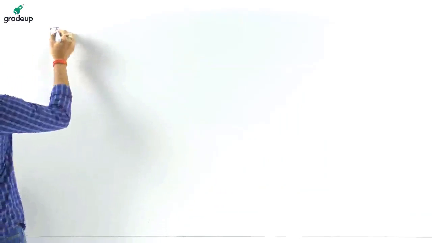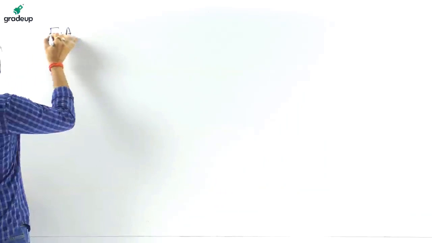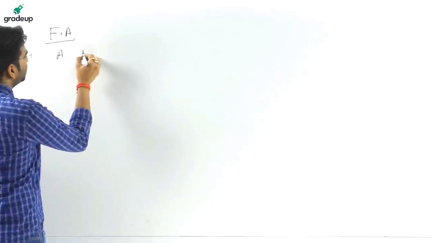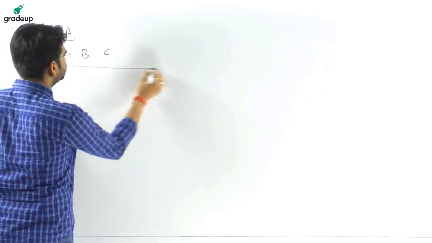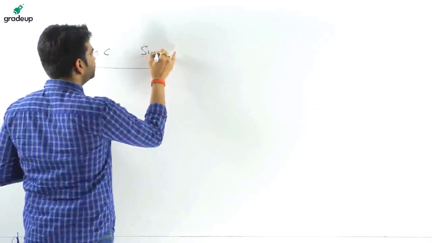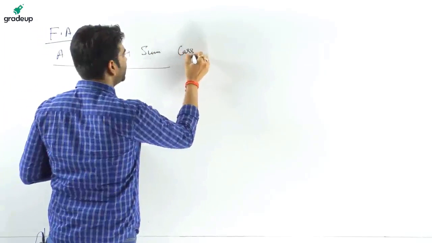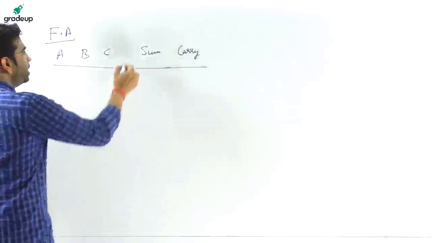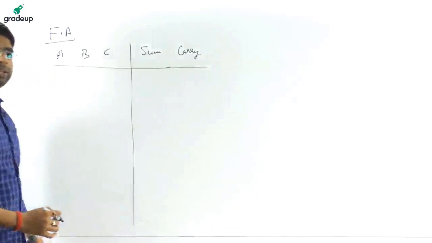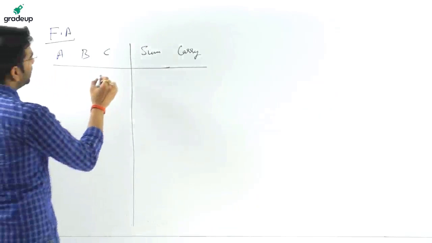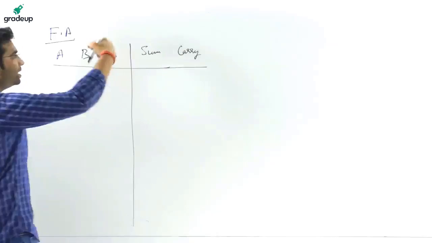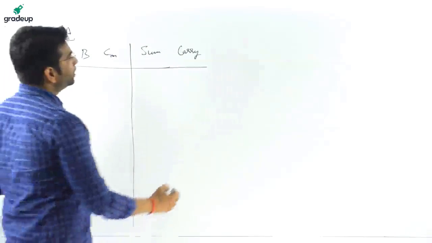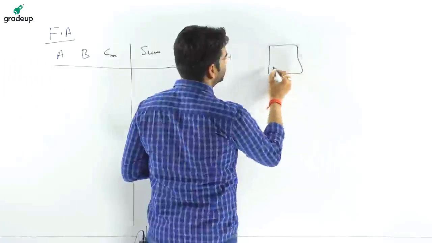We are going to have full adder circuit, full adder, 3 inputs A, B, C, sum and carry. See, the input we are writing as C, but it is actually C in. C in means the carry that is at the input. The carry जो इसमें पहले से, okay, it is like this, full adder.